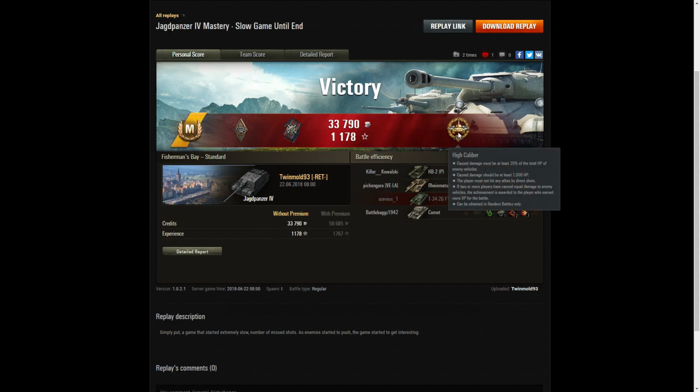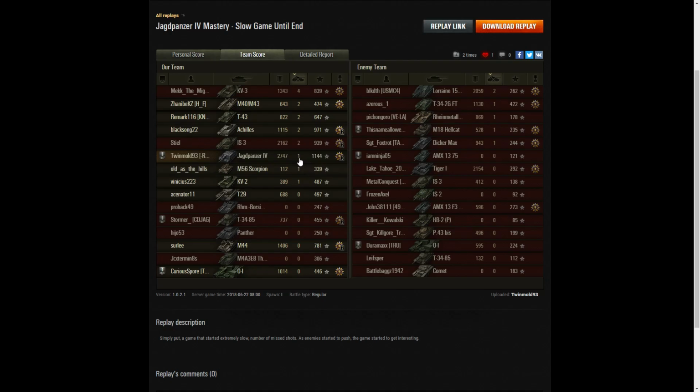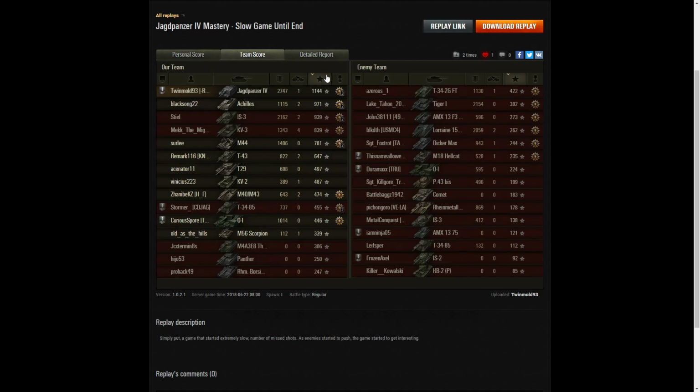Finally, he managed to pick up a High Caliber. That display actually did manage to get him the most damage in the battle, at least 20% of the enemy hit points. If we look at the team score, he comes top of the table, 2,747 hit points altogether. He didn't come top of the table when it came to kills. He only got 1 kill in the end, but that actually put him joint third. The top killer was the KV3. He managed 4 kills. Then there were 4 vehicles who managed 2 kills apiece, and then Twin Mold with 1 kill. When it came to base XP, he was right at the top of the table again,